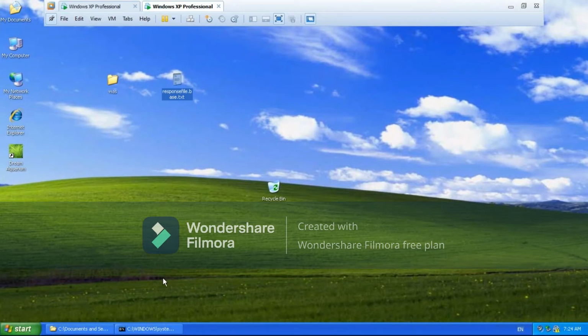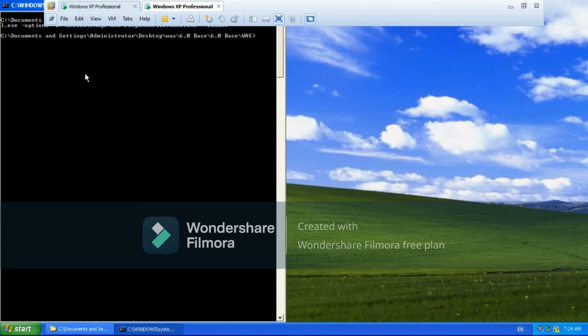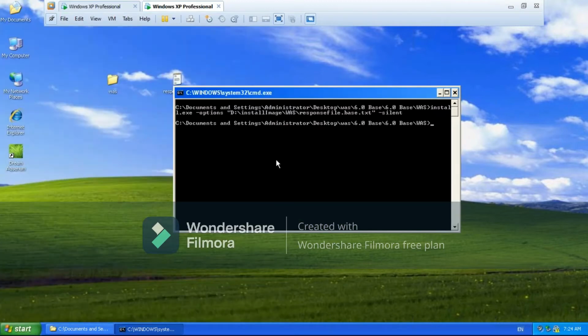And now, if you want to do the silent installation, you will come to the command prompt and go to the path where the software is available, and there you will execute the command install.exe -options, then the path where your modified response file is, and then -silent, right?